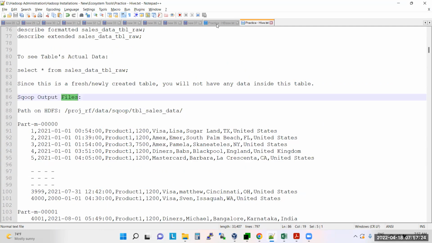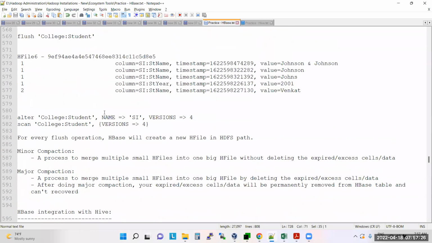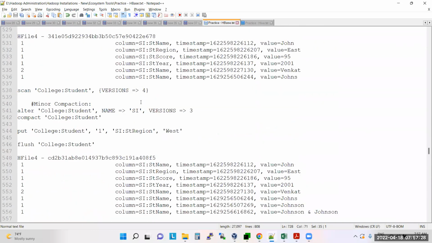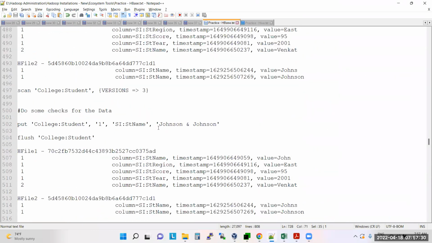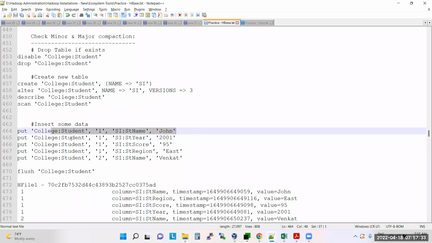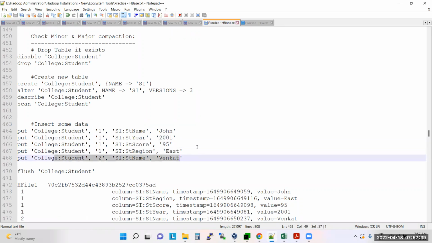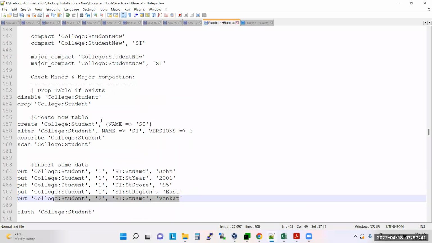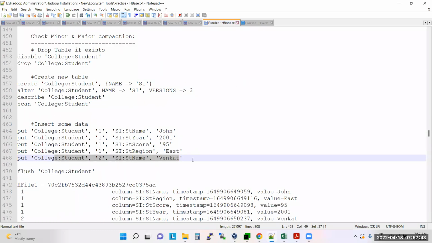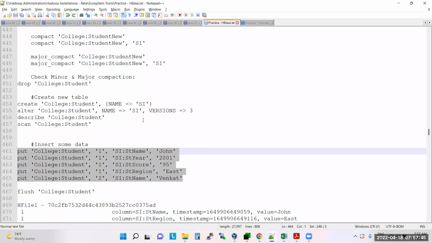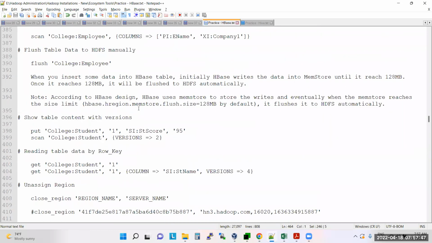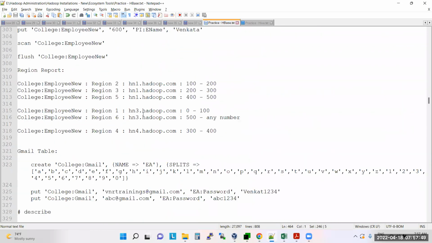So where is HBase? If I want to load the data in HBase, these are the commands I need to execute: put John, put 2001, put 95, put East, put Venkat. I need to execute the command for each and every cell, again and again. So even if I want to insert this data,